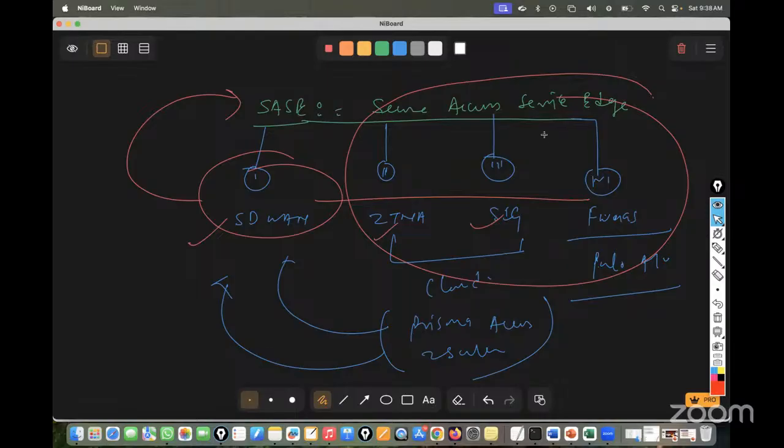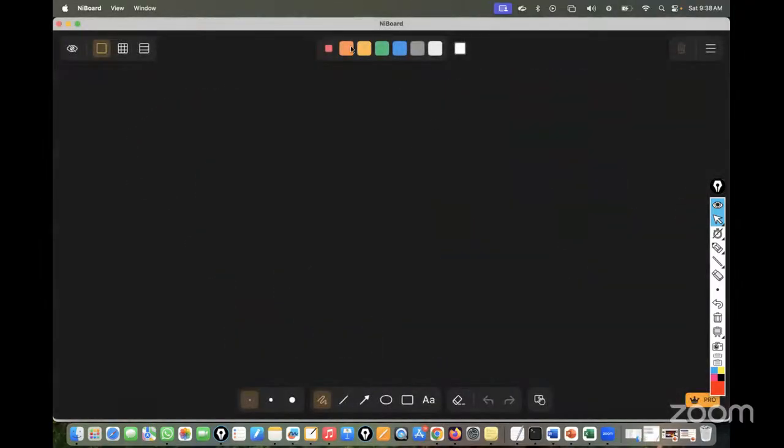Okay. Now moving to your second question: how is migration going to happen? You're talking about the migration part. For the migration part, we have to understand, let's suppose we have branch 1 and